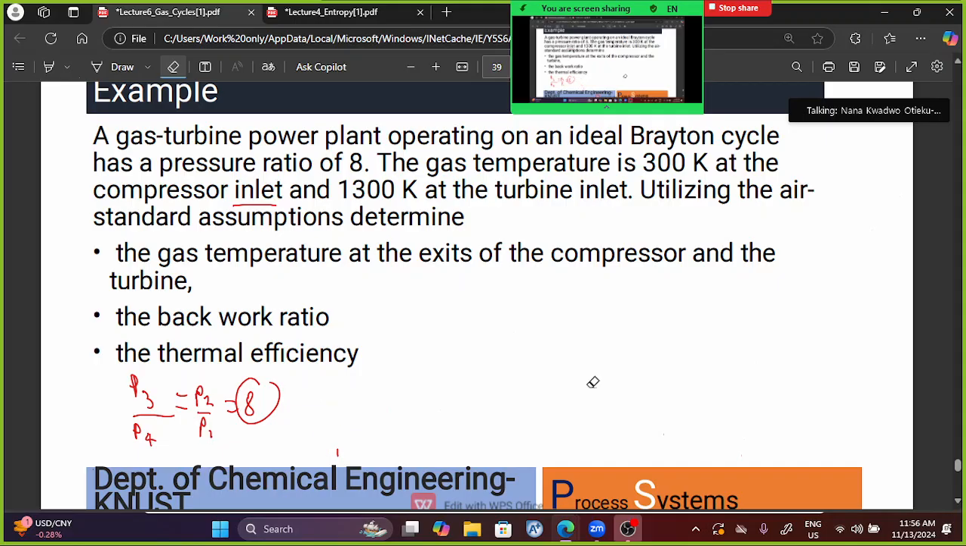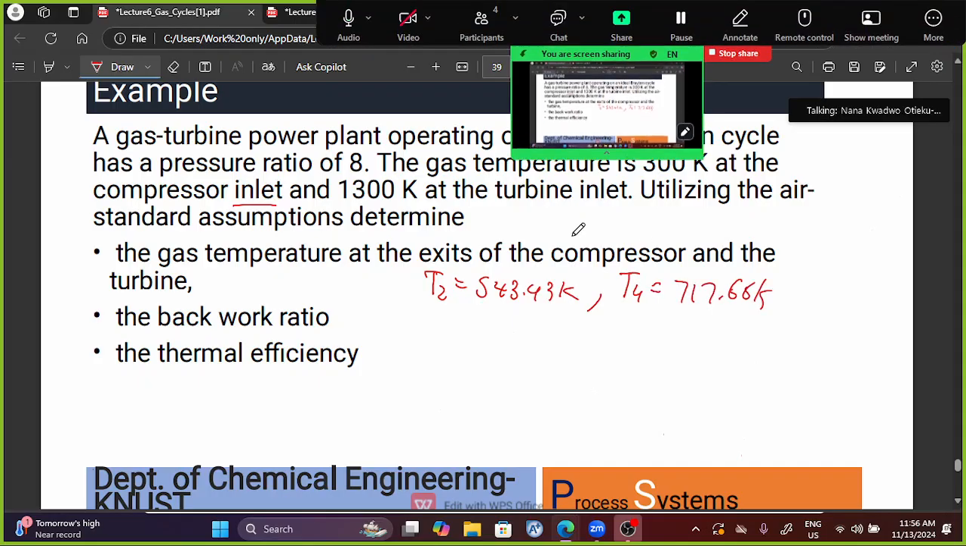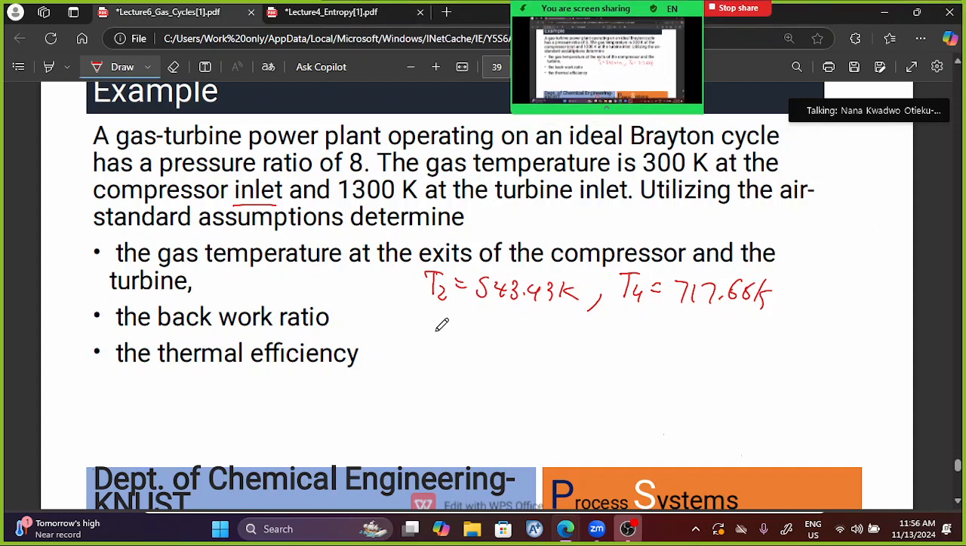So you can confirm the answers that I had when I did the calculation later when you try it on your own. So for that one, I had T2 to be 543.43 Kelvin, and then I had T4 to be 717.66 Kelvin. Okay, then the back work ratio. Back work ratio is just looking at the work that is done by the compressor divided by the work done by the turbine. The work done by the compressor is going to be